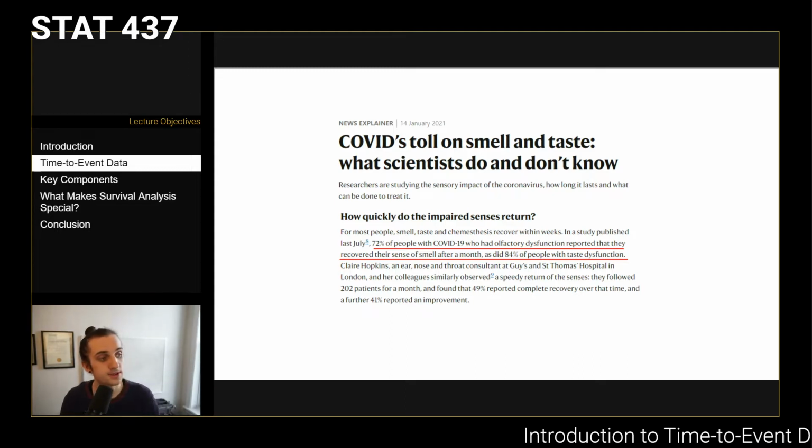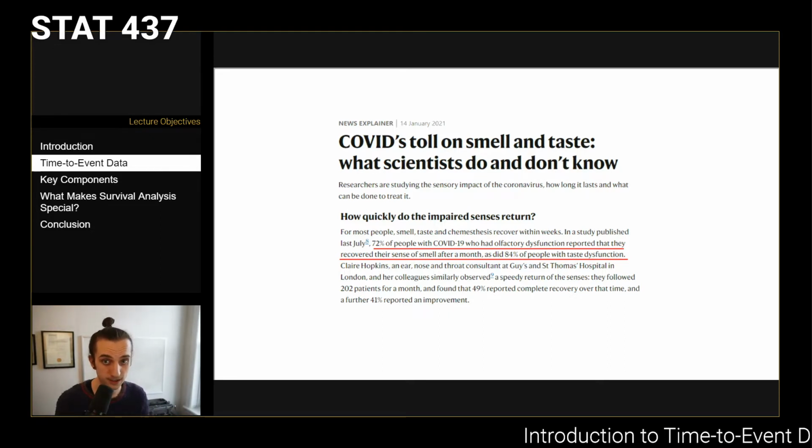And there was a study that was done on it, and it says that 72% of people with COVID-19 who lost their senses of smell or taste reported that they recovered them within 1 month, I think. Yes, after a single month. And so that sort of contextualizes this question a little bit. But this question of how long until your senses start operating correctly again is a question that we can address